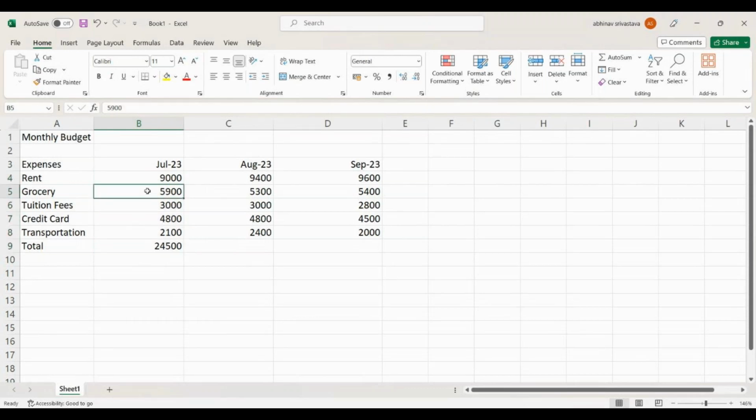And that is why we never work on the values. We work on the cell reference. That is why I taught you about cell reference. That is why I told you that whenever you try to create any kind of formula here, we don't try to use direct values. Instead we try to use